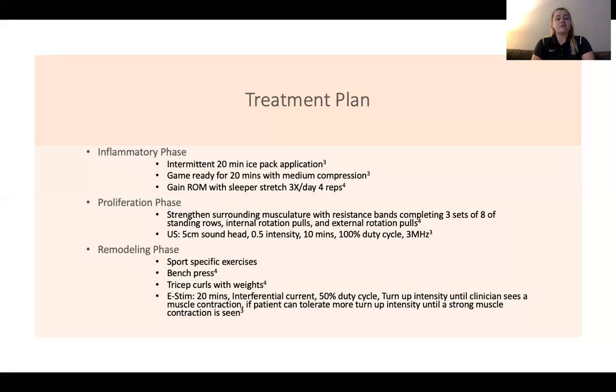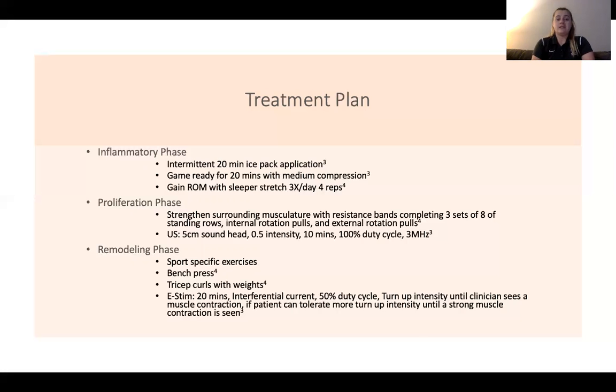And then exercises to do during the inflammatory phase, just to gain that range of motion back. One that I found could be helpful for rotator cuff repair is the sleeper stretch, 3 times a day for 4 reps. Doing it in all 3 positions of that sleeper stretch can really help regain that range of motion back into the shoulder. During the proliferation phase,